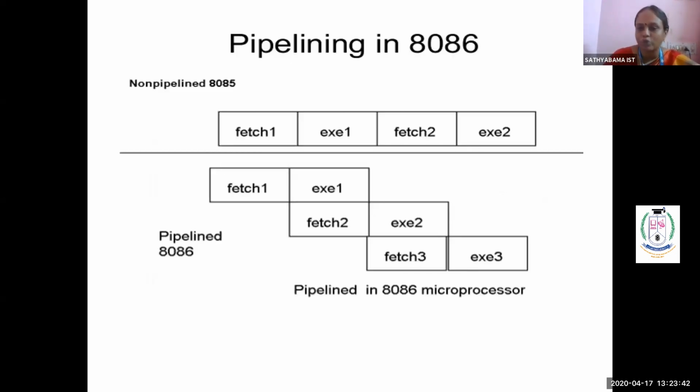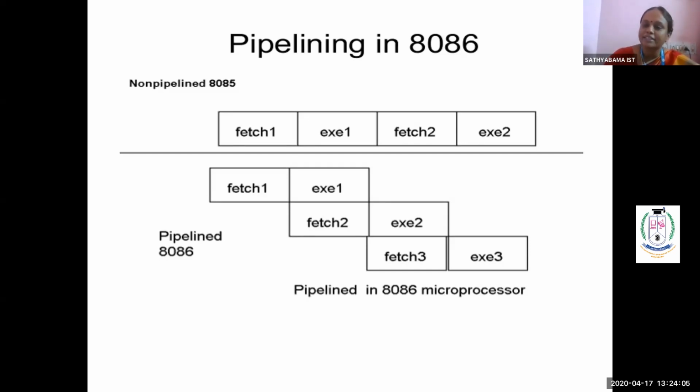I told you pipeline is one of the important points. What is pipeline architecture? In 8085, we don't have pipeline. For example, I am taking one instruction. That particular instruction will be decoded, then it will be executed. Only after completing this first instruction will it go for the second instruction. After taking the second instruction, again it will be decoded and executed.